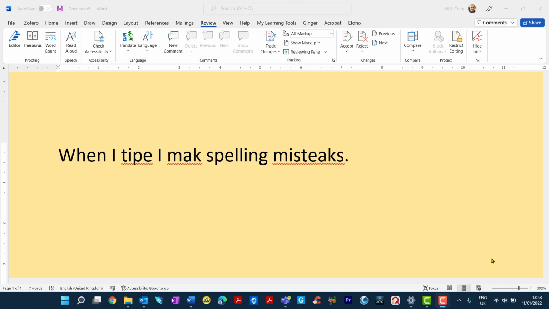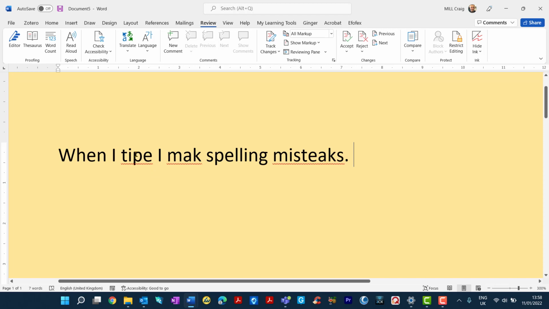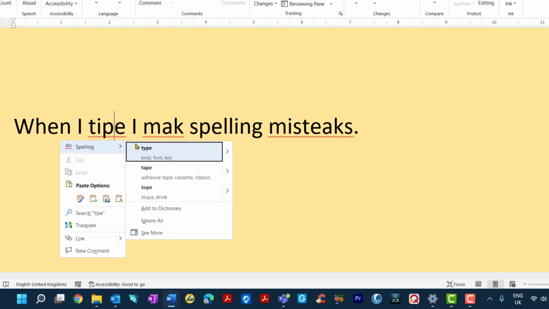Often, some learners, when spelling a word, can make the same spelling mistake over and over again. There's a really useful feature in Word which can help to overcome this. So, as we did before, when we see a spelling mistake, such as "type" here, and we right-click, we can